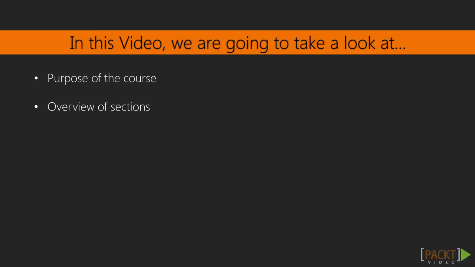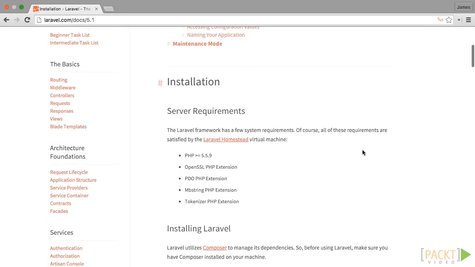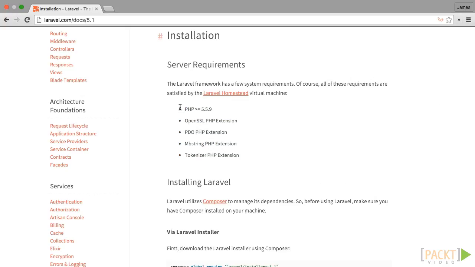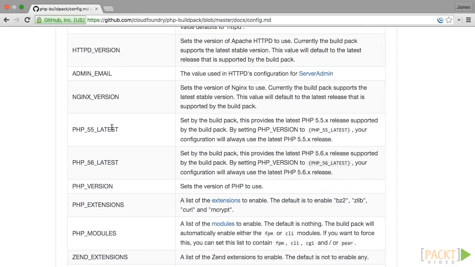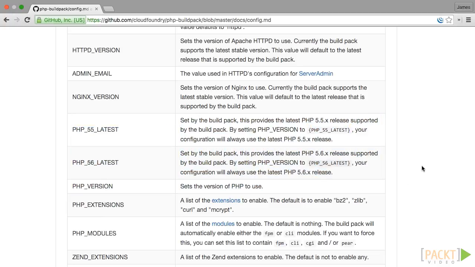When deploying an application, especially when built on top of the Laravel framework, you need to really pay attention to software or system requirements. I can't tell you how much time I wasted trying to troubleshoot a deployment problem I had because the system I was spinning up just didn't support Laravel. To be specific, I would keep an eye on the PHP version. Laravel 5.1 will not work if you have anything less than 5.5.9. And if you're using something like Bluemix's PHP Build Pack that jumps from 5.5.30 to 5.6.14, it can become a